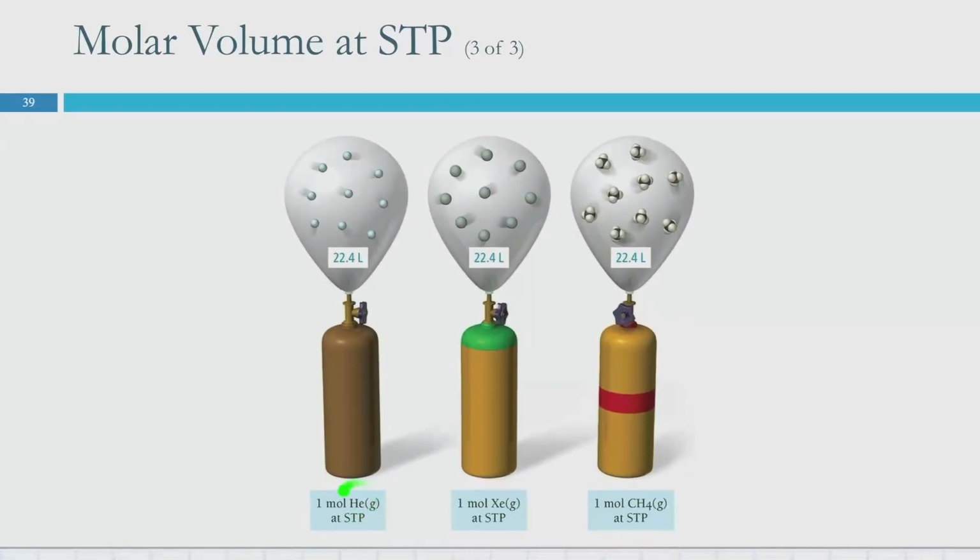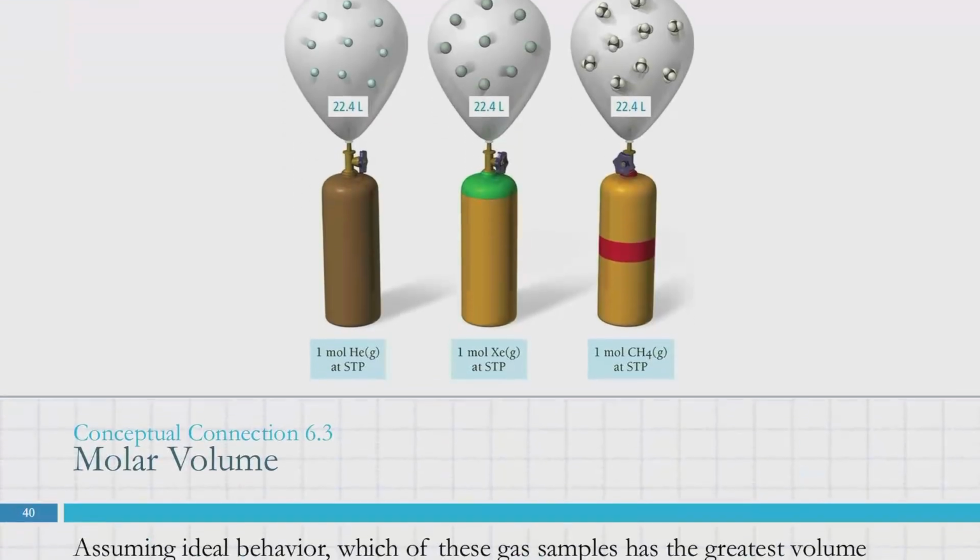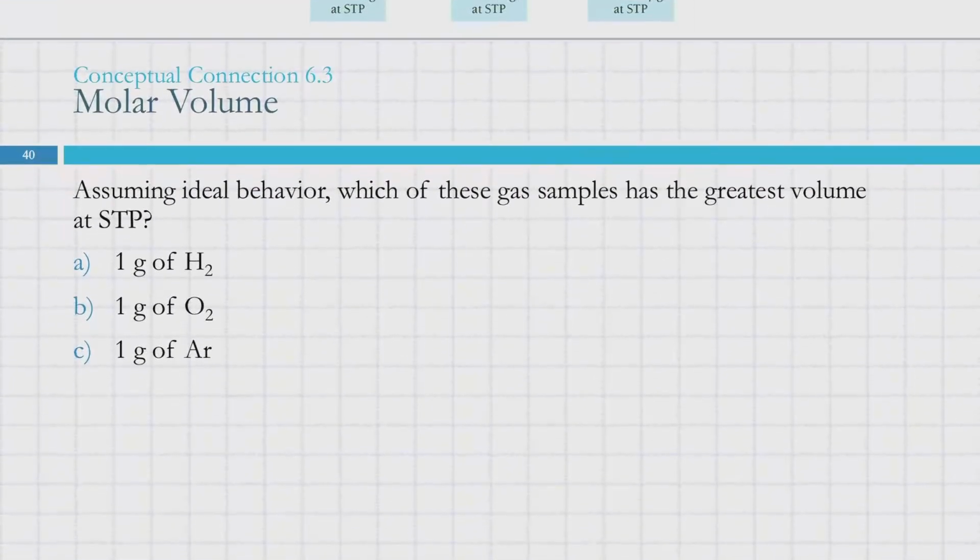But any gas, whether it's helium, xenon, methane, if it's at STP, if we're freezing cold at the beach, it's going to have this 22.4 liters volume, roughly. And we can use that to do some